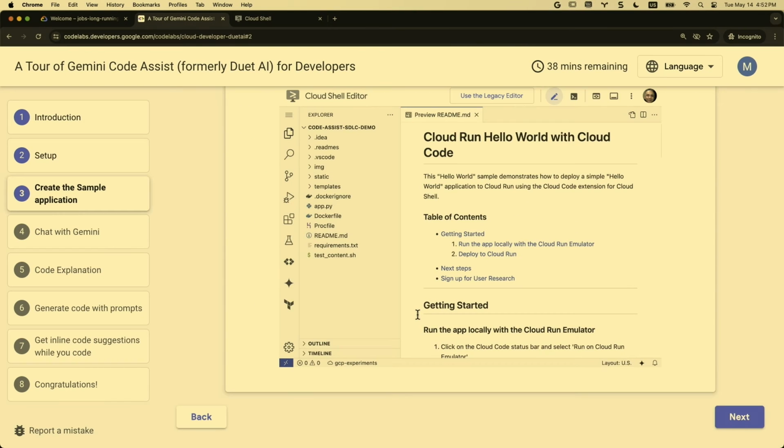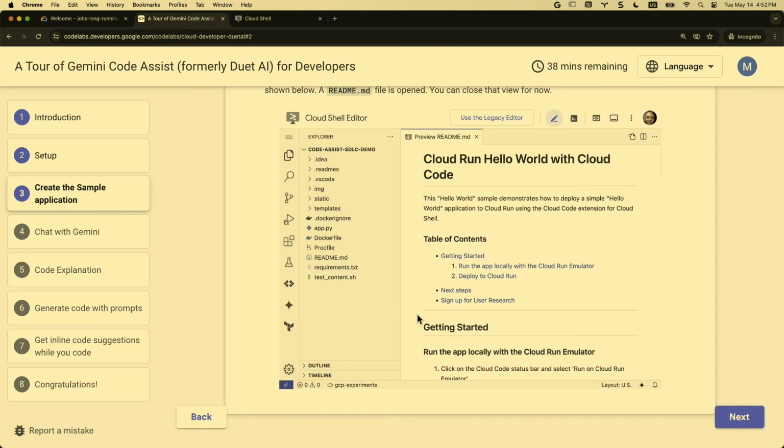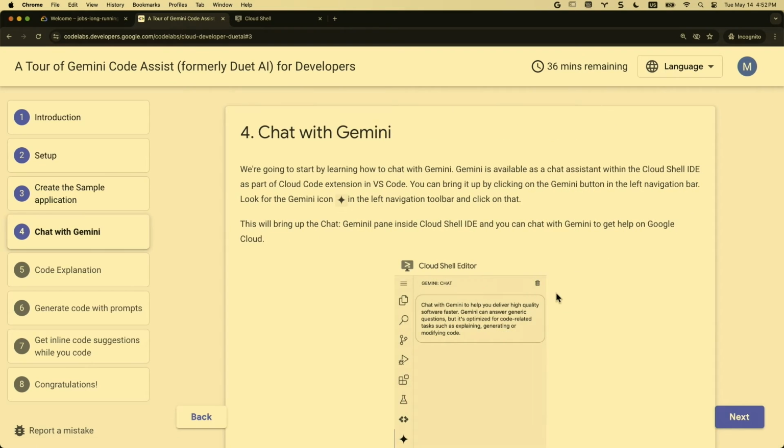We have now ended up here. These are the lab instructions. And here we see the README file. So let's go on to step 4. We are going to chat with Gemini. So let's go back to the